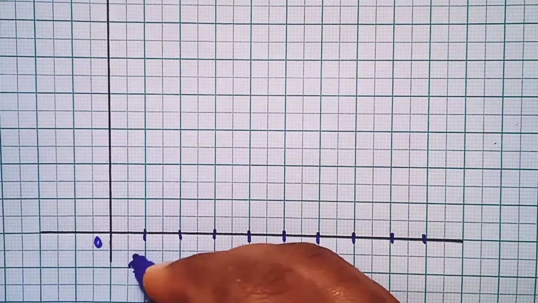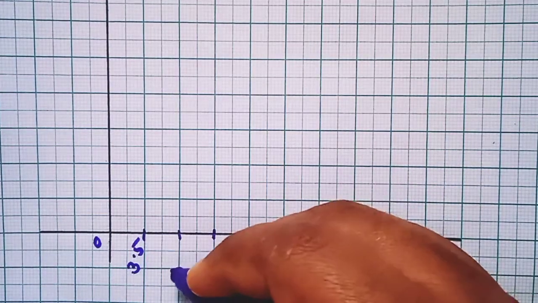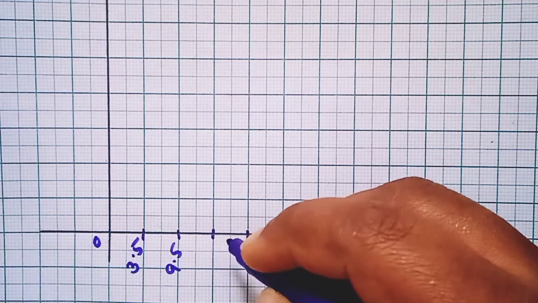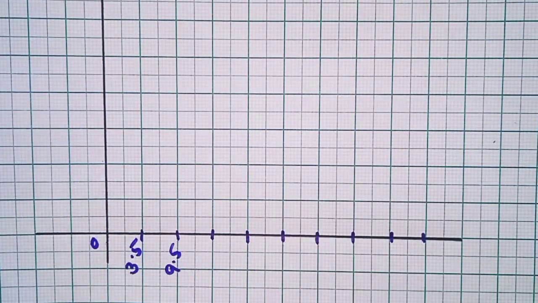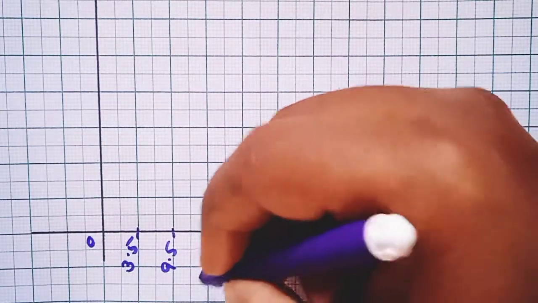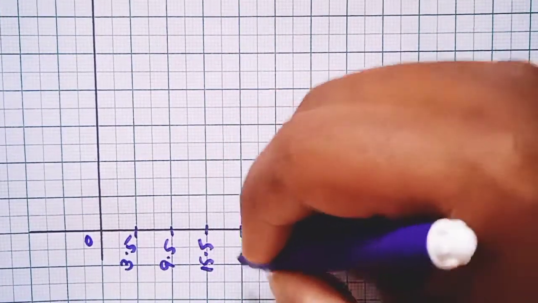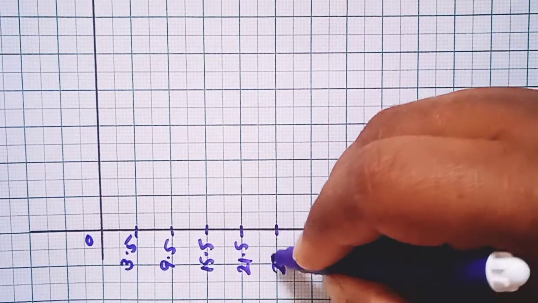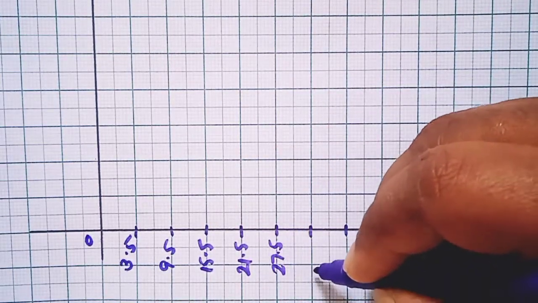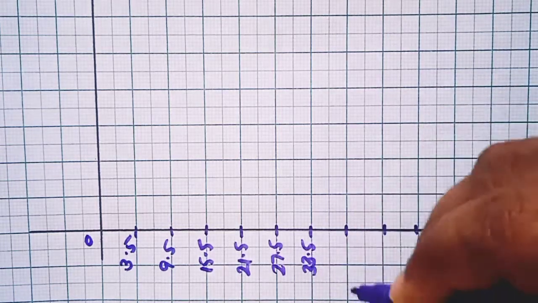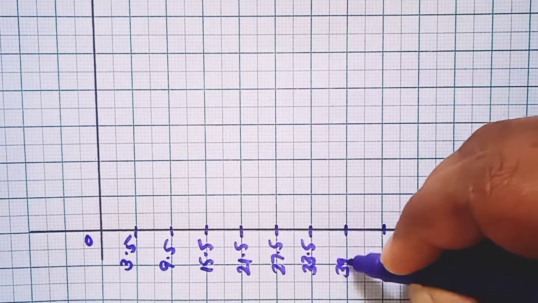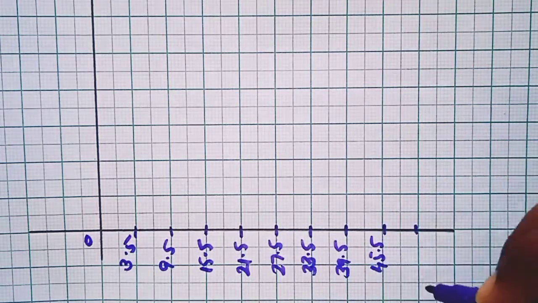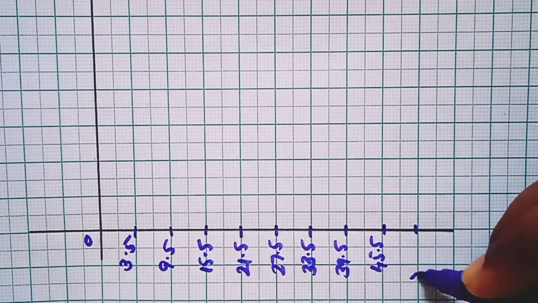So now we will draw the x-axis, and on the x-axis we are going to write all the class marks, that is 3.5, 9.5, 15.5, 21.5, 27.5, 33.5, 39.5, 45.5 and 51.5.